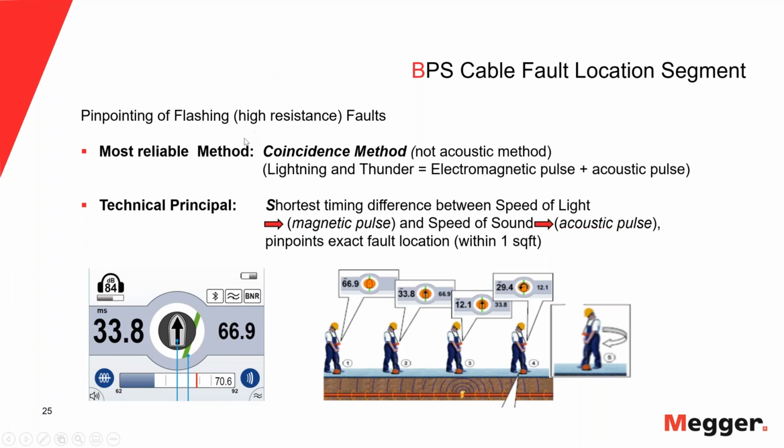In this case, Marshall was already mentioning a little bit. What we strongly advocate as the best pinpointing method is what we call the coincidence method, or in a more common term, lightning and thunder. You can all relate to this very easily, because when you're in a lightning storm, you see the lightning, you start counting 21, 22, 23, 24, 25. You hear the thunder, you stop, and you say, okay, it's 5 seconds divided by 5. That means it's 1 mile away. That's how this method works.